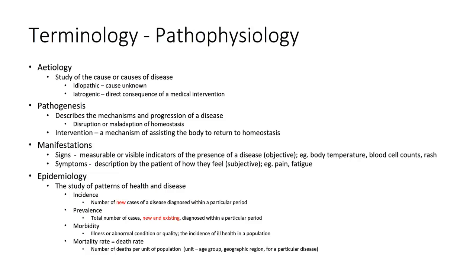So having a look at this first slide, and it is really seriously just about terminology. The word etiology is the first word on the list there. If Oxford Cambridge English spells it with an A, the Americans spell it with an E, any of the international language textbooks spell it with an E, and it is the study of the cause or causes of disease. And we break that down into